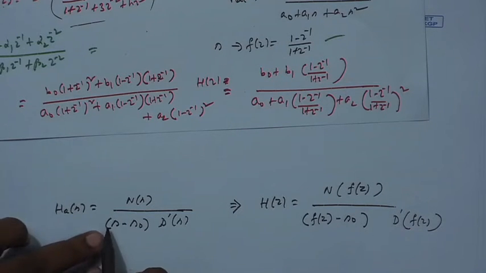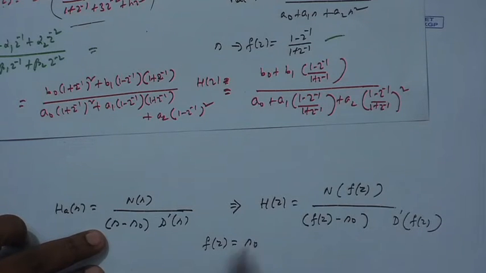So, earlier in terms of S there was a pole at S naught. So, in terms of f(z), for what value of z will f(z) be S naught? That will be a pole in terms of f(z). That is, if you solve this equation and find z, that will be a pole in terms of z, because if you take that z and put it in f(z), f(z) is equal to S naught, because that is how that z is obtained. You can call the solution z naught.